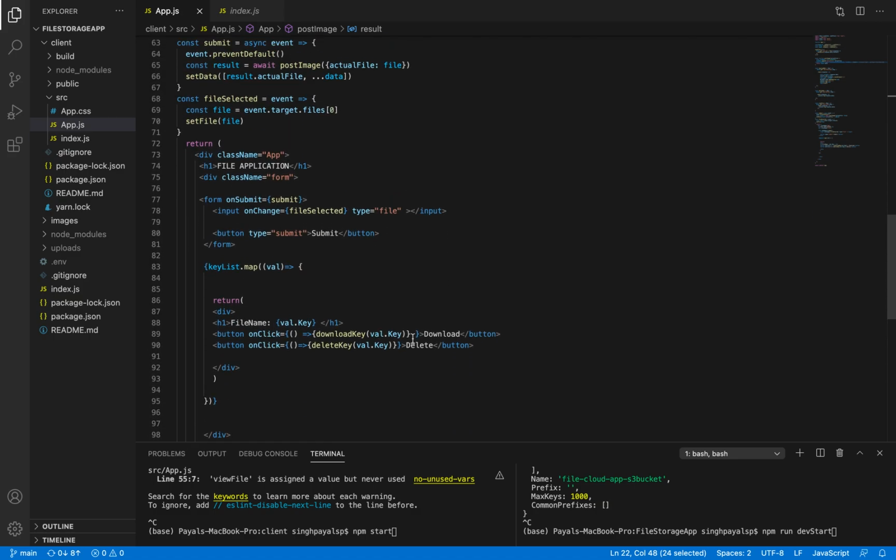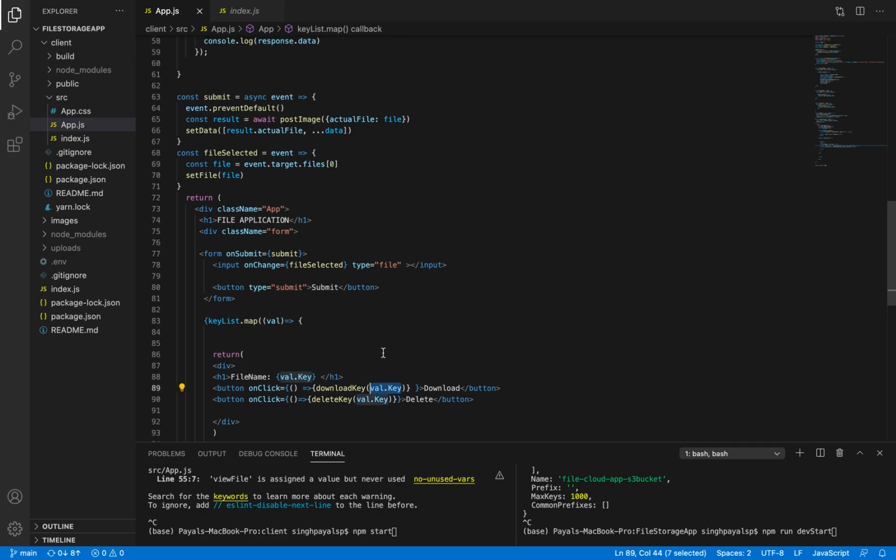Similarly, this also happens with the download thing. In the download function, we want a key. We have provided a key that represents which file we are going to download. So that's why this receives which file I'm going to download.